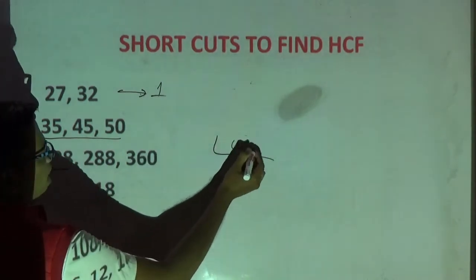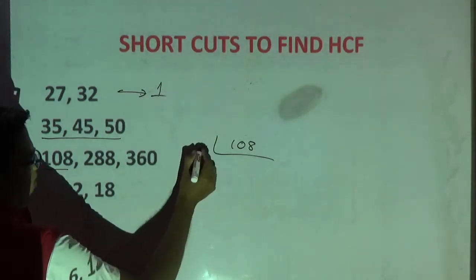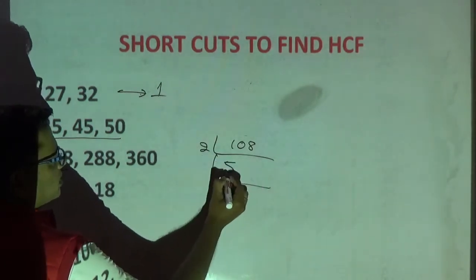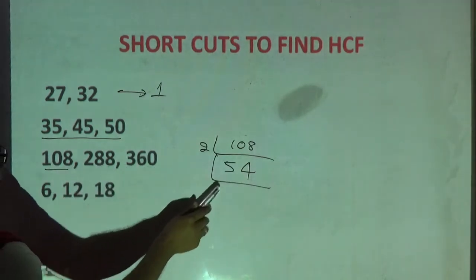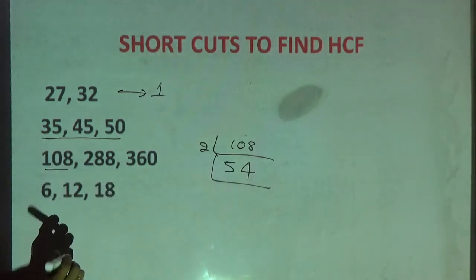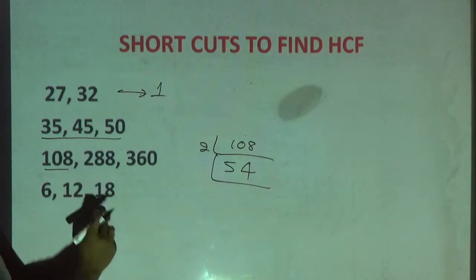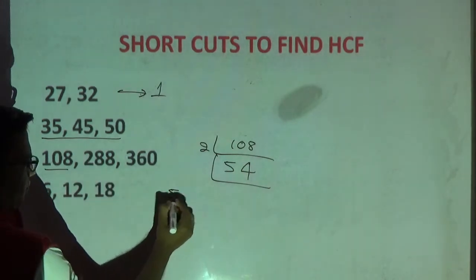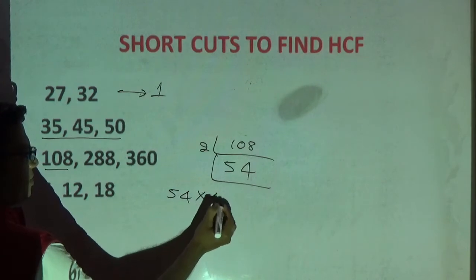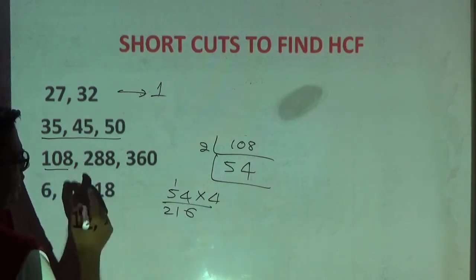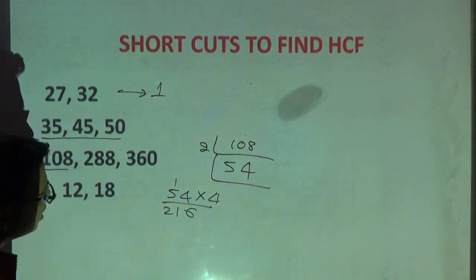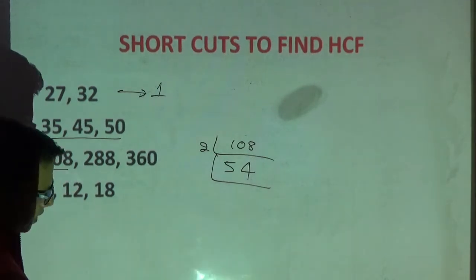108. So list out all the factors of your 108 now. 2 5s is 10, 2 4s. Now you check whether you can divide a number by 54. Yes, 108 I can divide by 54, but I cannot divide 288 by 54. Correct? 54. 4 times, let me check out. 4 4s is 16, 5 4s 20, 21. Okay, so this 288 I cannot divide by 54. Correct? Okay, then go for other factors now again.